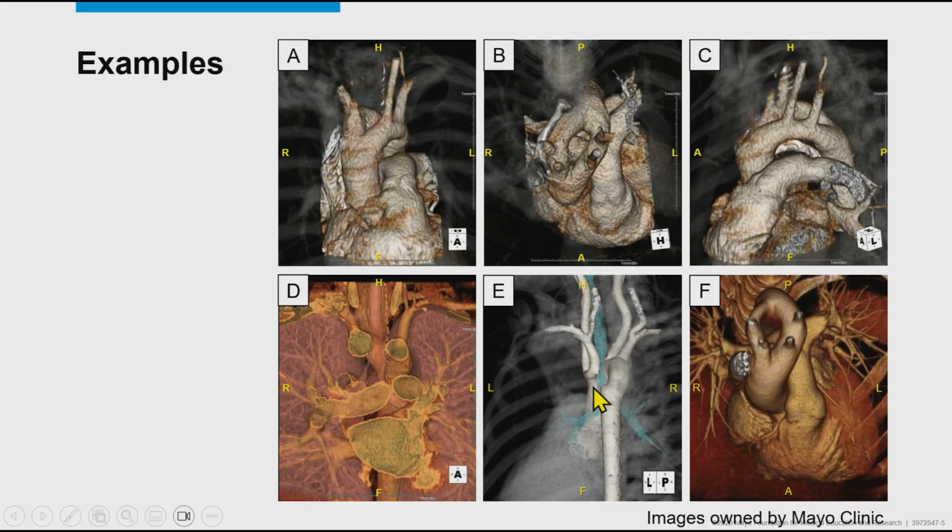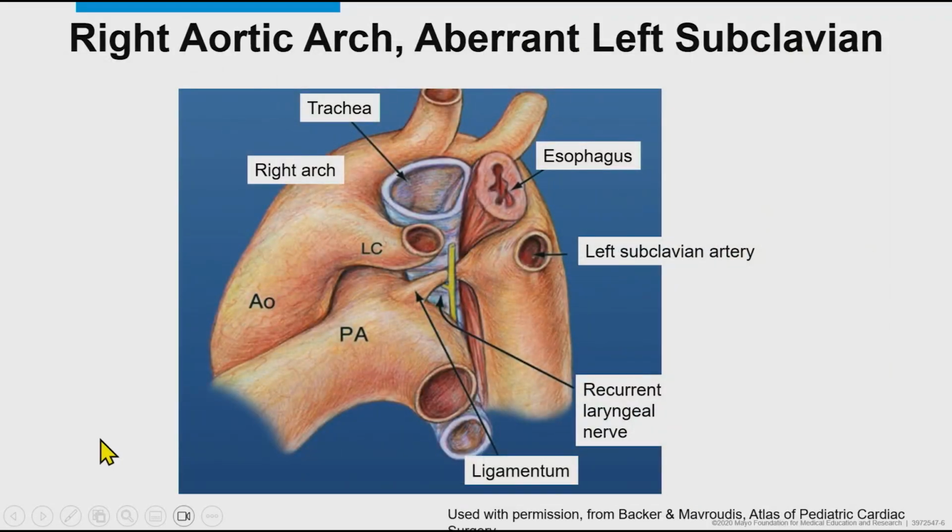So even though it may look like it's just the right arch and the normal kind of bifurcating first branch, it's actually a left arch with an atretic segment. And then here's an example of a dominant left arch and a smaller right arch. So this is less common. The most common one, like I mentioned, is a right dominant arch in that setting.